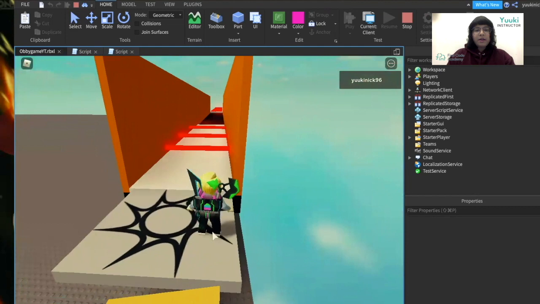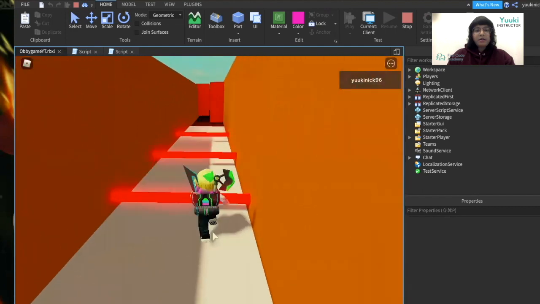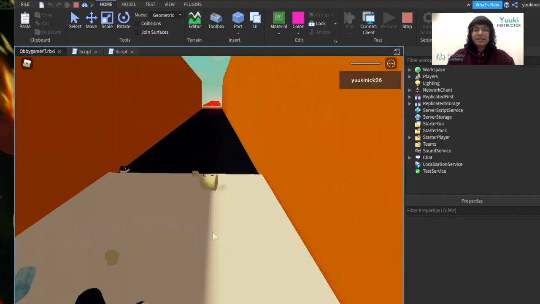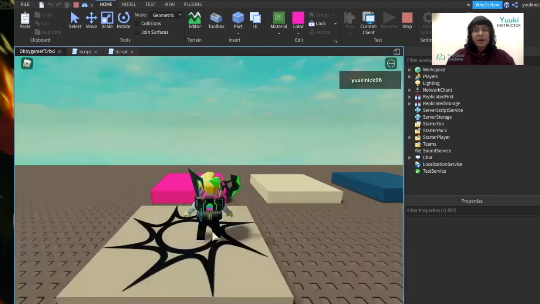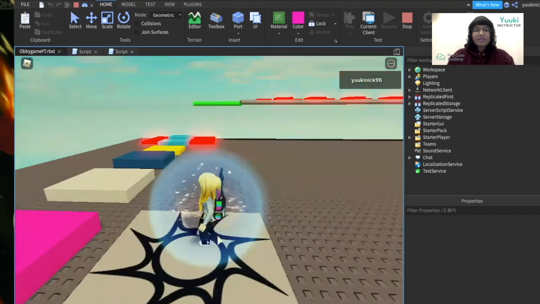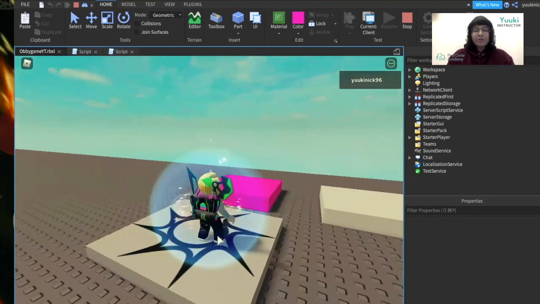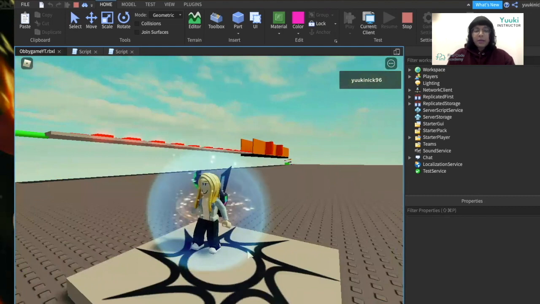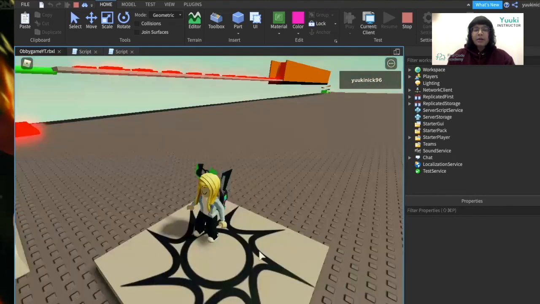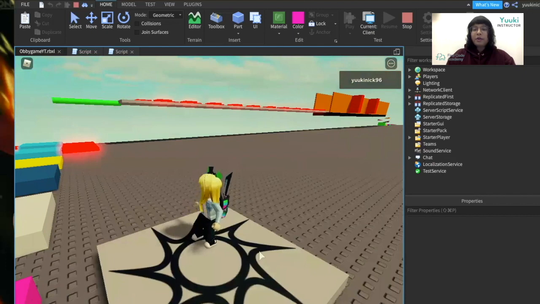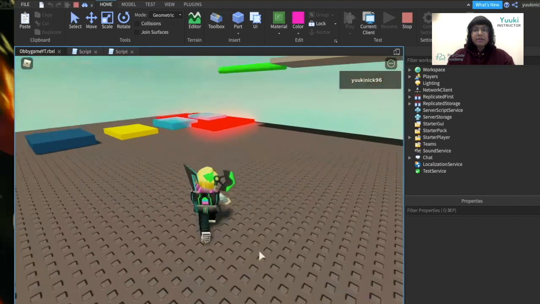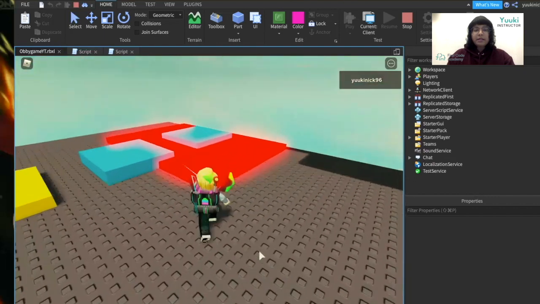Okay, so I have my conveyor. If you can see that, as soon as I touch the laser, I break into pieces. So now I'm being spawned onto a different spawn location. So we'll be fixing these checkpoints later on so that I don't get spawned at random places. So even if I touch this part, since I already copied the laser,